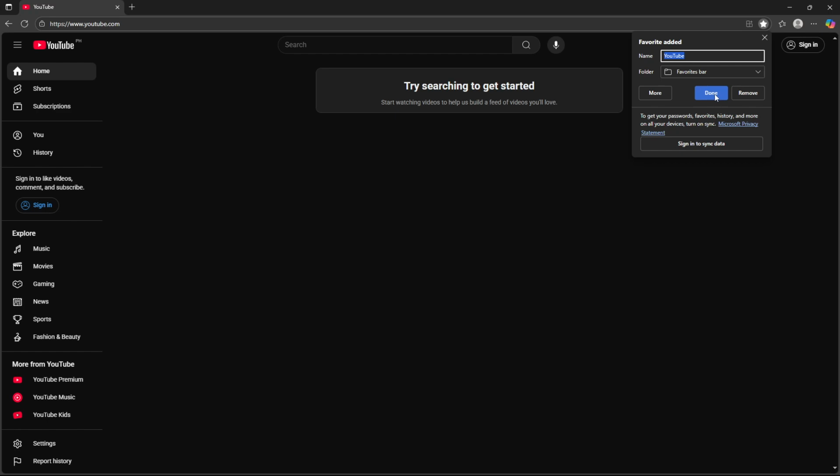This simple action can save you lots of time and hassle, especially if you have several sites you visit regularly. Whether it's for work, study, or entertainment, having your favorites neatly organized and a click away can enhance your browsing experience. I hope this guide was helpful and that you found a quick and easy way to organize your online activities more